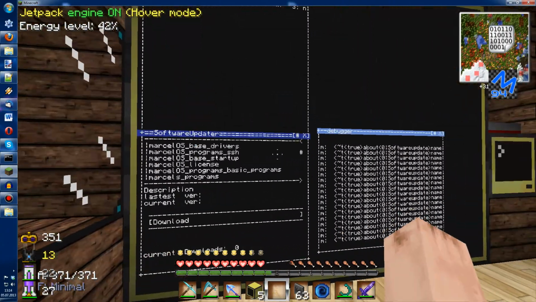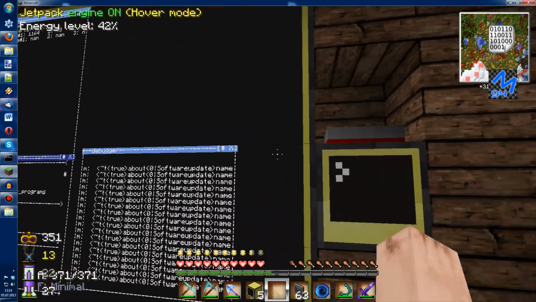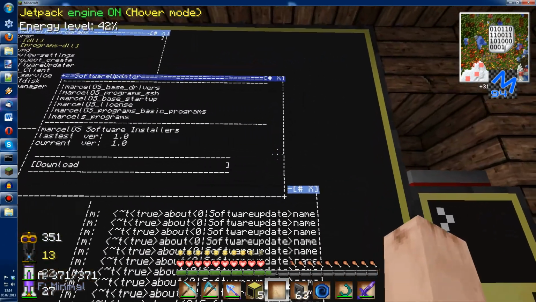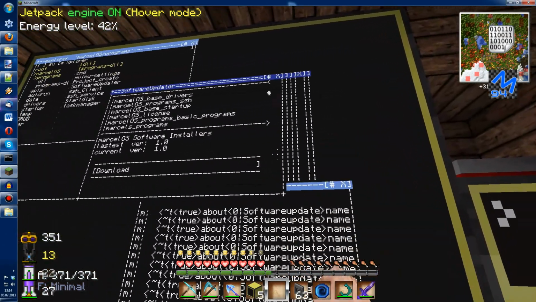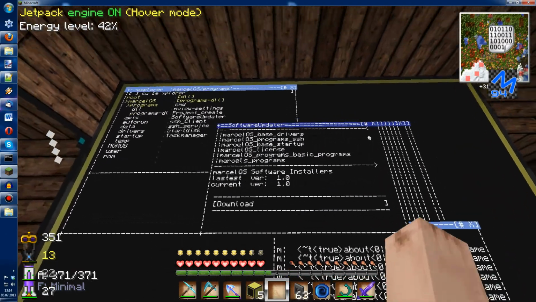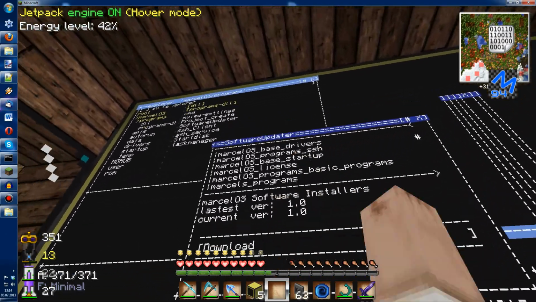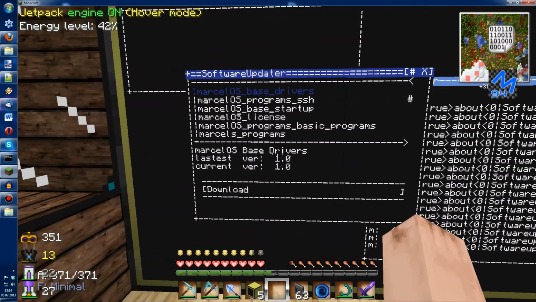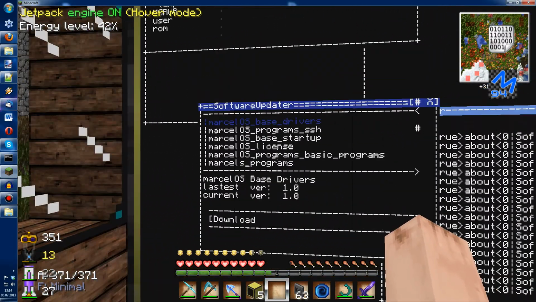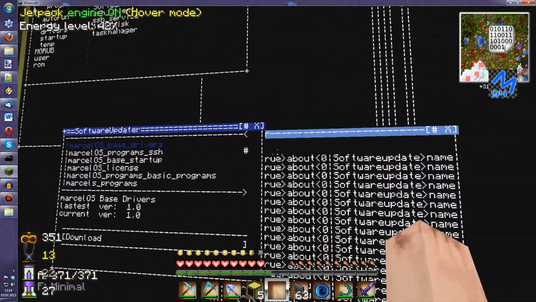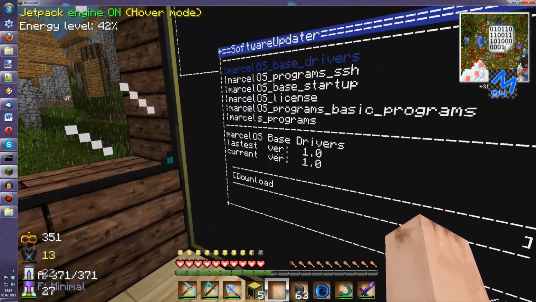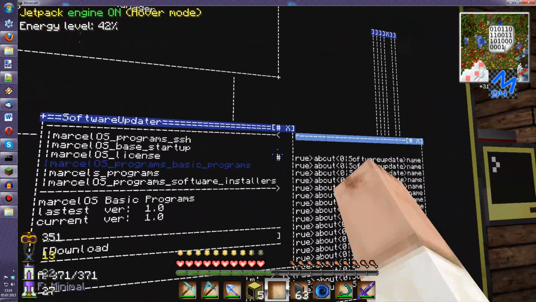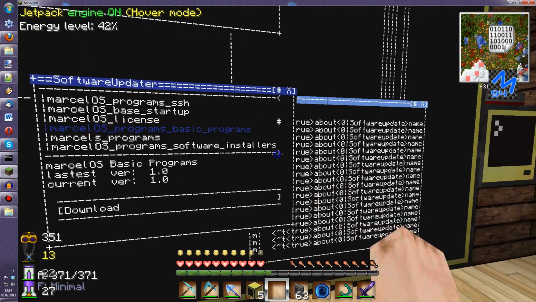Software installer is one of the important programs which will help you to keep your operating system up to date. It will automatically check for the current version of every program and for the latest version on the server. As you can see here, current version is 1.0, latest is also 1.0. So everything is up to date except for